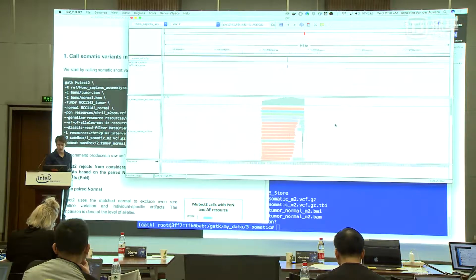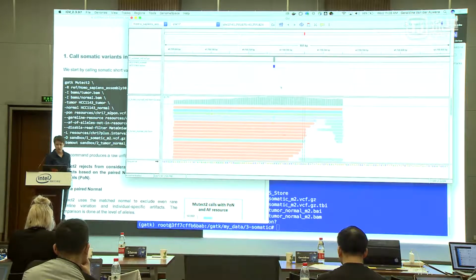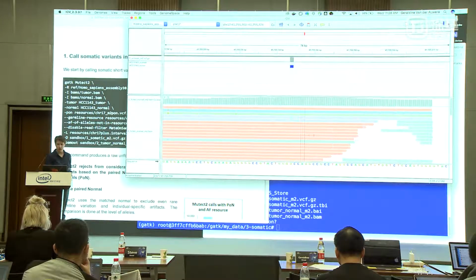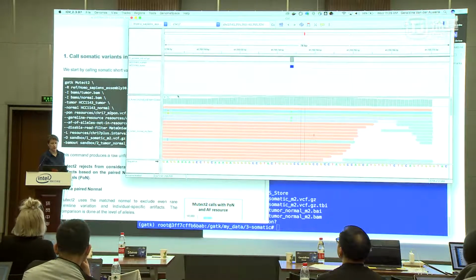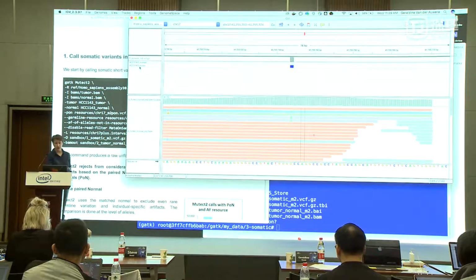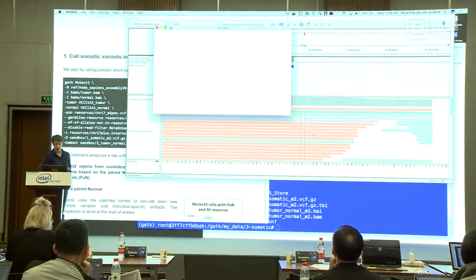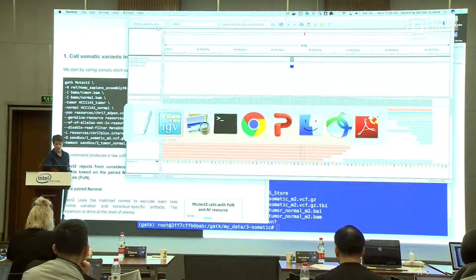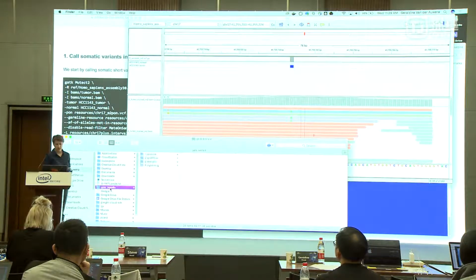Okay, we have some data. All right, so if we zoom in a little bit, first here, in my VCF track, I have two samples. I have two samples in my VCF. I can verify that also by looking at the text file. If I look at the text file in the results that I produced,